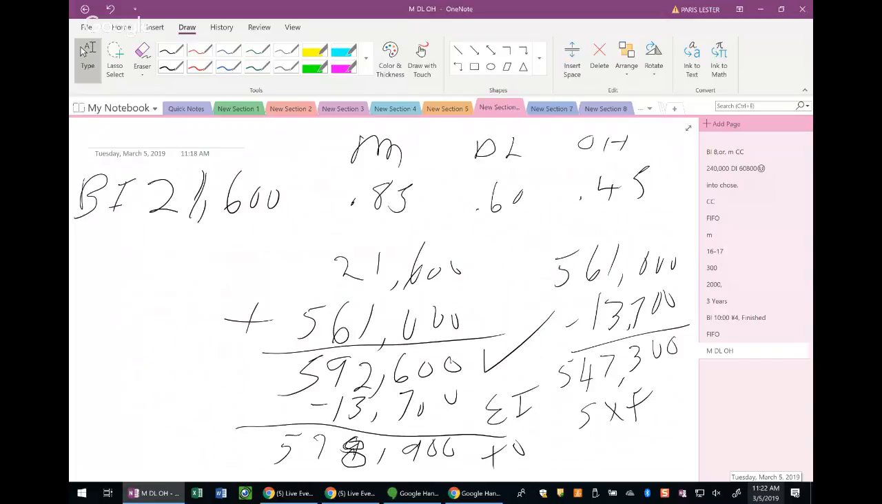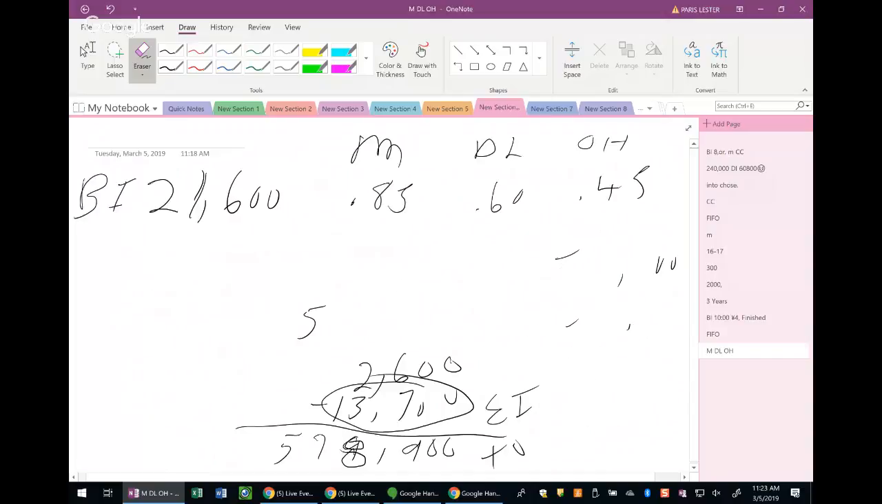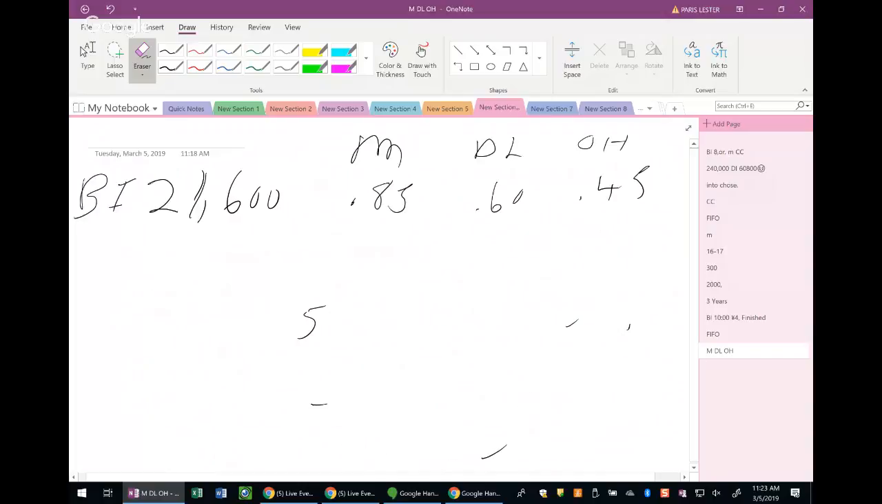Started and finished. Started and completed: 547.3. Ending inventory: 13.7. Transferred out: 578.9. All right, if you got those, I'll just erase some. But using their little method on